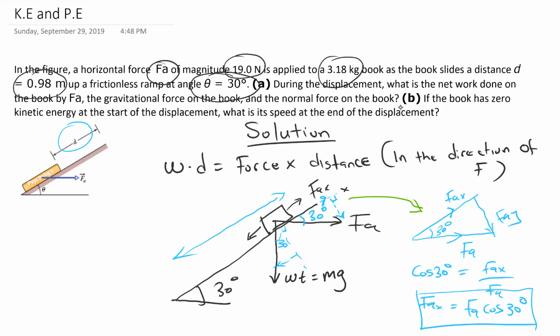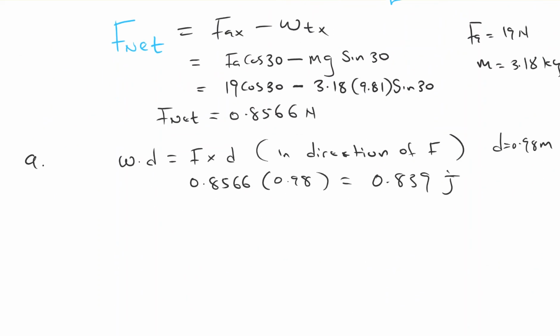The second question, B, asks us to find the speed of the book at the end of the displacement, given that the kinetic energy at the start of the displacement is 0. So for B, we want to find